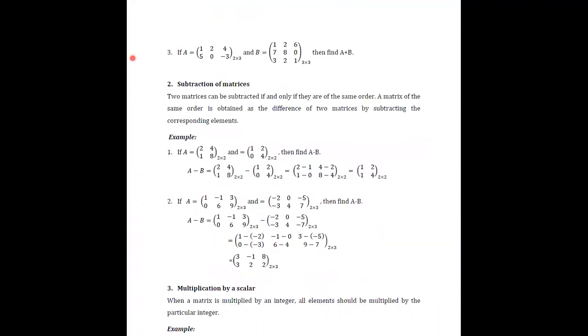Then if you see the third example, A is given as 1, 2, 4, 5, 0, minus 3, having the order 2 by 3, and B has 1, 2, 6, 7, 8, 0, 3, 2, 1, which is 3 by 3. If you are asked to find the value of A plus B,